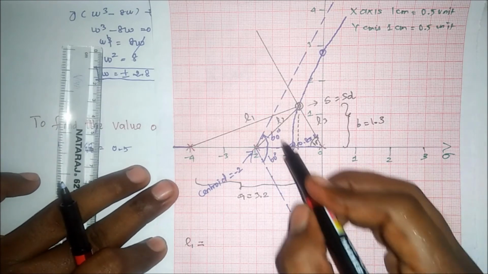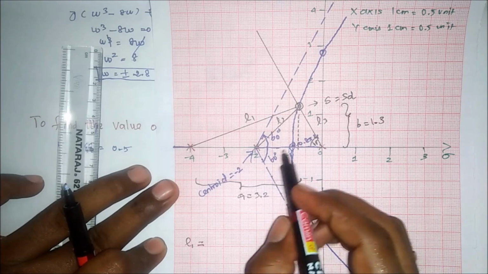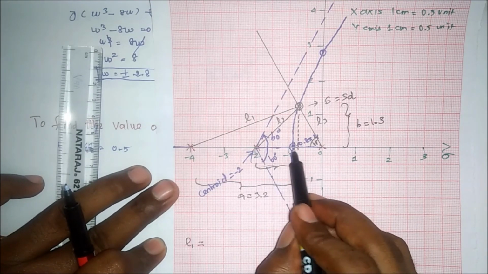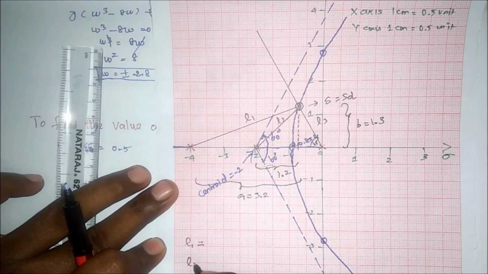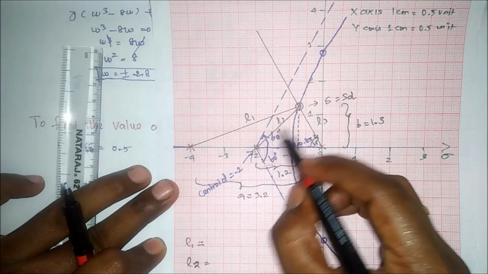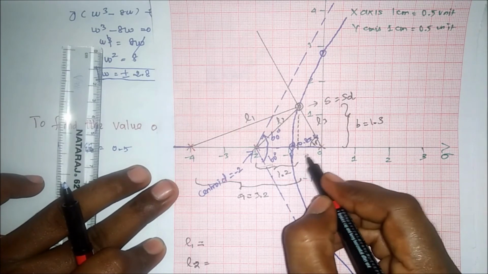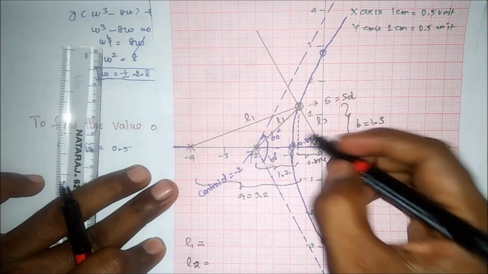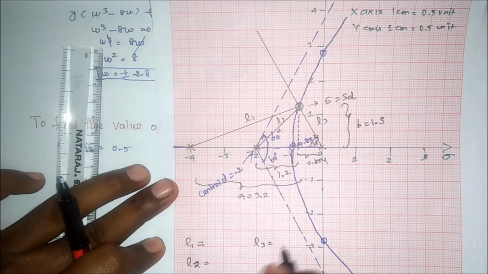Next L2. So now B is 1.3, same, but we can consider this as a right angle triangle. So now its value, this is 1, this is 2, so now its value is 1.2. Therefore, by using Pythagoras theorem, we can calculate the L2 value from this right angle triangle. Now from this right angle triangle, we know this value. What will be this value? It is 0.854. So 1.3. So now by using Pythagoras theorem, we can calculate the value of L1.